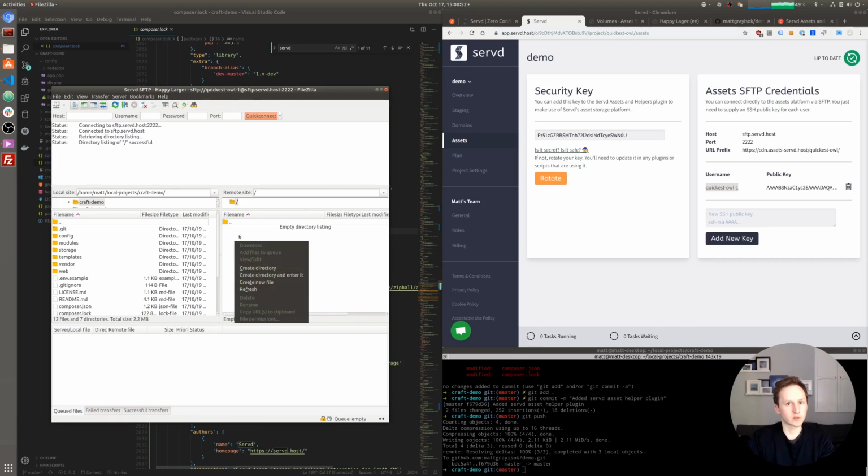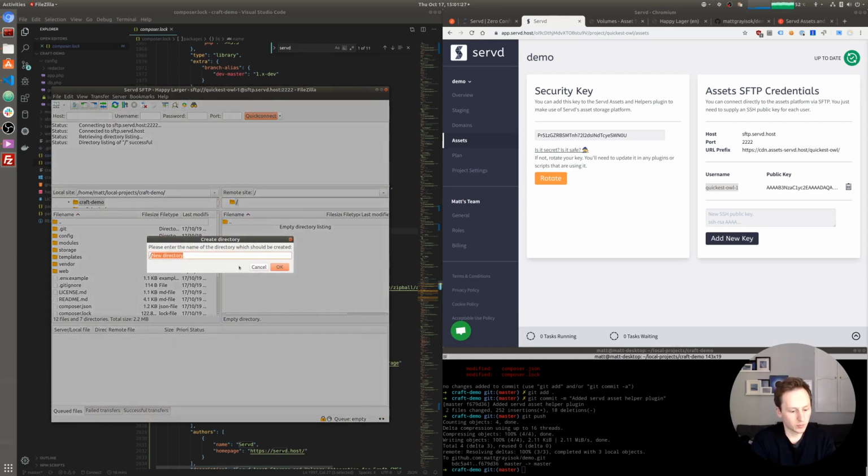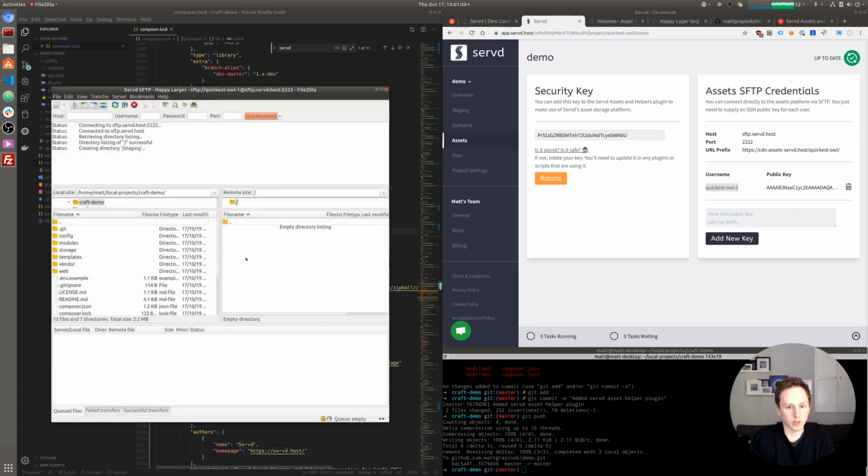One thing that's left to do on this is I actually need to automatically create some folders for the different environments within the served system within this base directory, because the assets platform stores the assets for your local development, staging environment, and production environment, all in the same kind of location, but they each have their own subfolder. So you can have all of your assets in one place, but you can still have separate assets for your different environments. So this little bit will be done automatically in the future, but I'm just going to create some